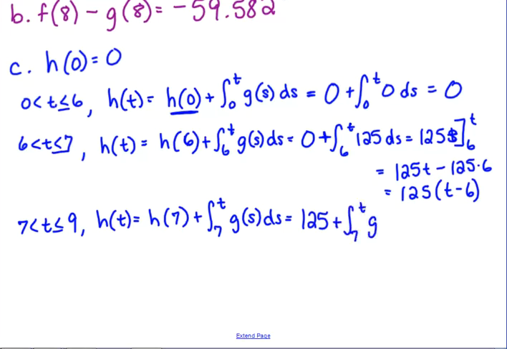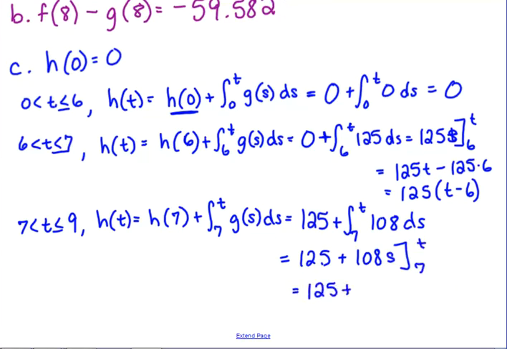From 7 to t, this rate changes to 108. So when we integrate that, that's 108 with respect to s, from 7 to t. So that equals 125 plus 108t minus 108 times 7,